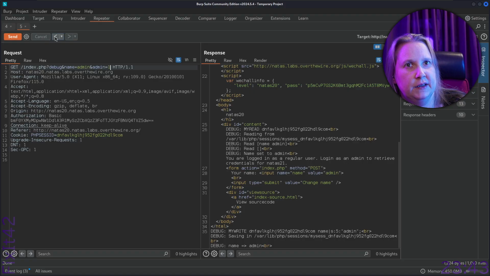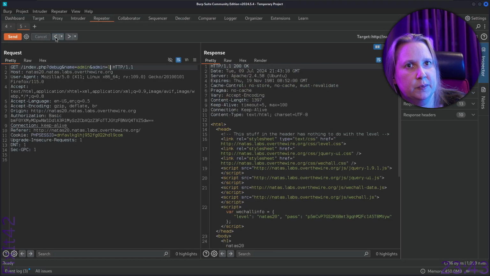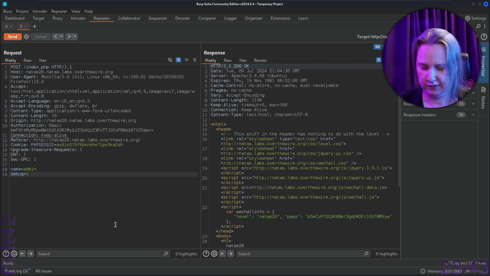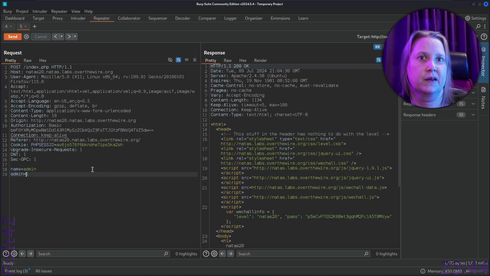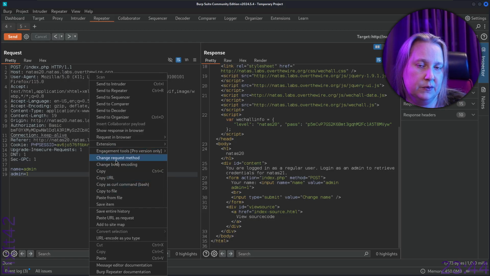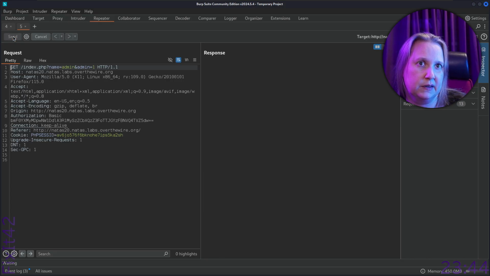Yeah. And if we go back, is it this one or is it this one? It's this one. So if we go back to the post here, I just had debug 1 here. So if we just do admin 1, I was just testing to run it. And then we change this one to be a get, and let's send it again,